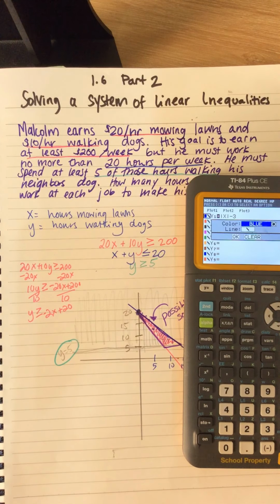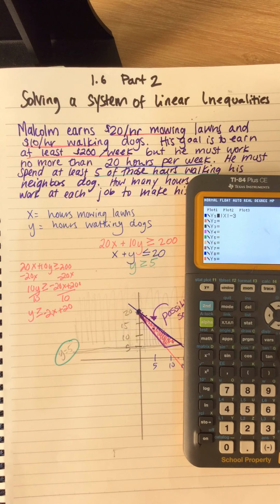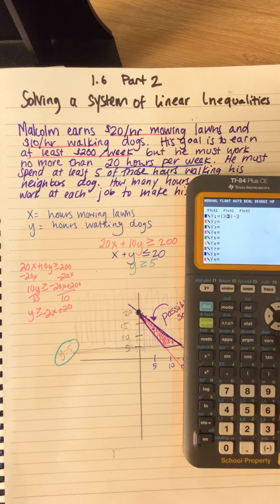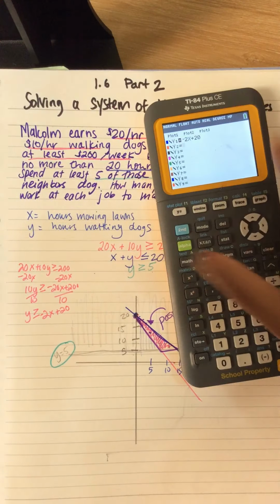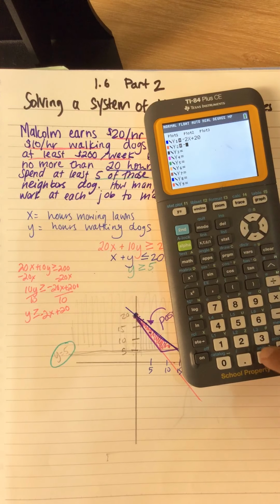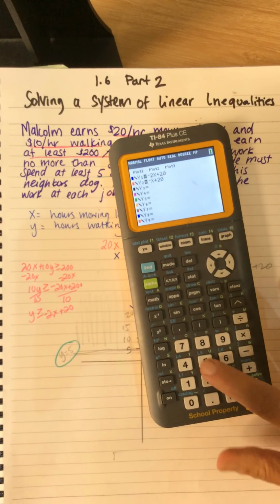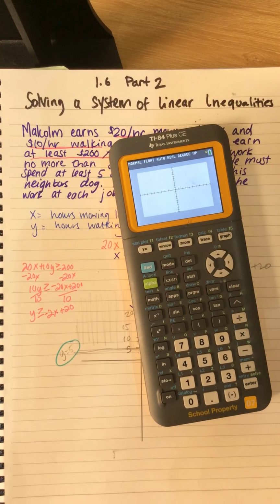Oh, here we go. There was a way to shade this, to look that up for you guys. So y equals negative 2x plus 20. My other one is y equals negative x plus 20. And then my last one was y has to be greater than or equal to 5. So if I graph that,